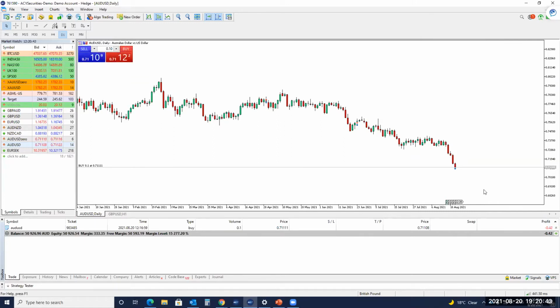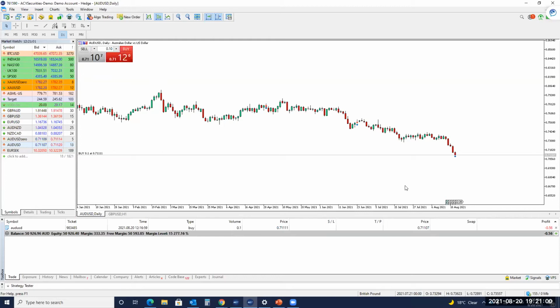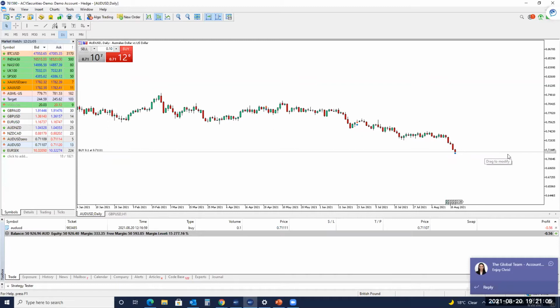Now, moving aside from that, I do want to get more or less into the one-click trading component and how to set up stop losses and take profits, and a little bit more in depth into what they are. So we've set this trade up. We've elected to buy the AUD USD at 0.1, which is equivalent to $1 per pip. Now, let's say hypothetically we wanted to set up a stop loss where we were risking around $100 or so. If I was to hold my cursor over the entry point at which I bought and start to